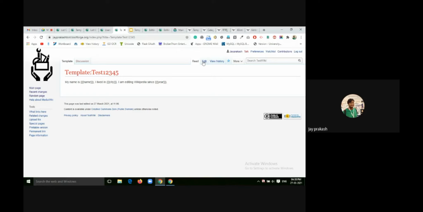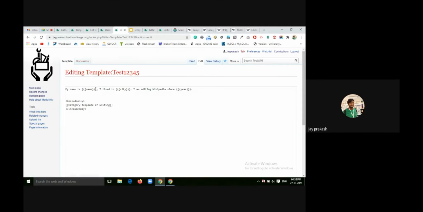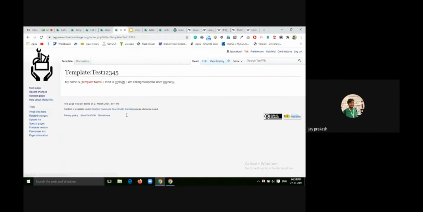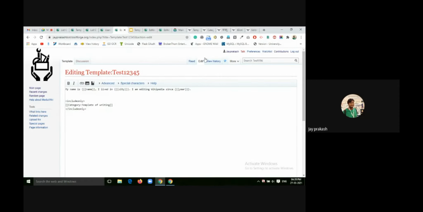If I go to this template and miss one curly bracket at closing, it will emit an error, because now the template name is not a parameter, it is the template itself. With a double curly bracket, it treats that name as a template. But with three curly brackets, it uses the name key as a parameter.